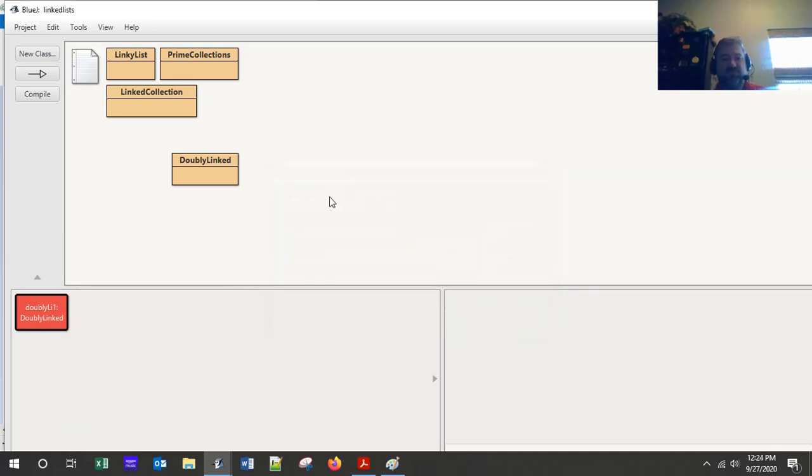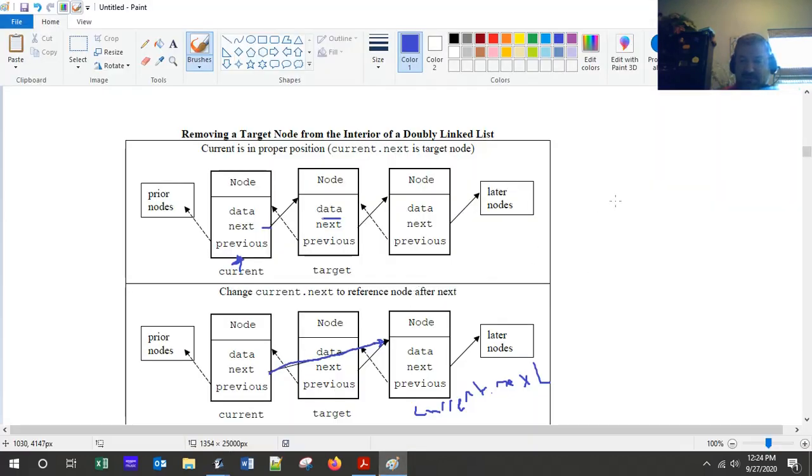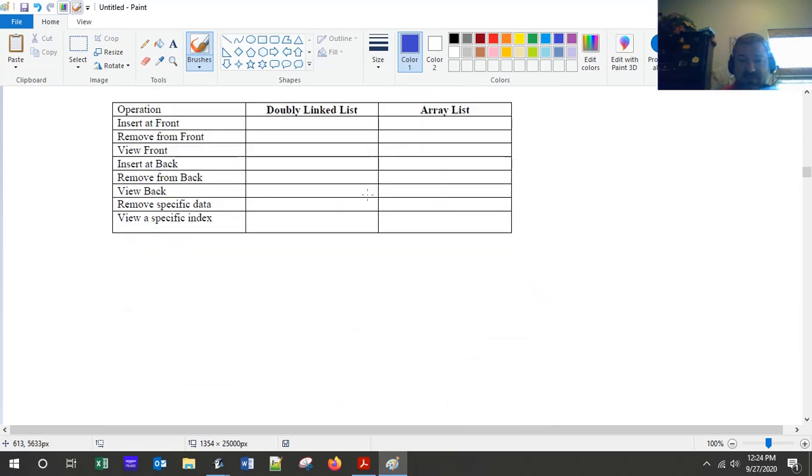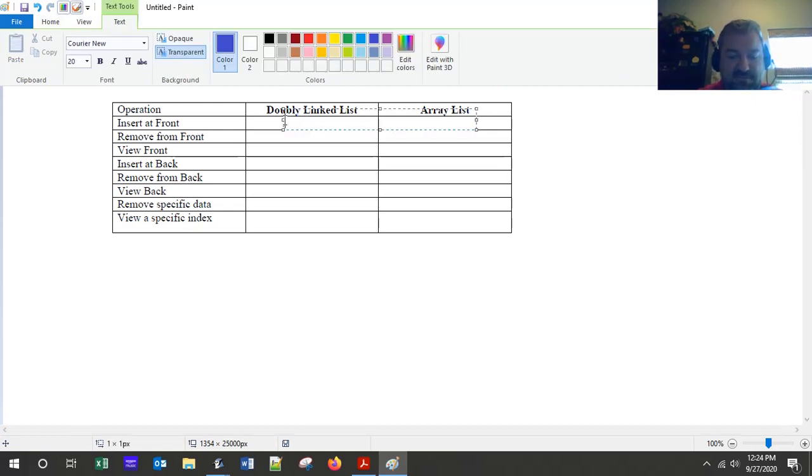All right. Well, I'm going to leave you to finish off a couple more methods in this package here in this doubly linked list. But I hope you found that interesting. But as a final summary, I want to go over the changes now to our big O, and I went ahead and included array list as well, just so we can review that. So what happens if we insert at the front? Well, this is O(1), right? Oh, I'm going to get tired handwriting all this. That's smart, right? So that's going to be O(1), and this is going to be